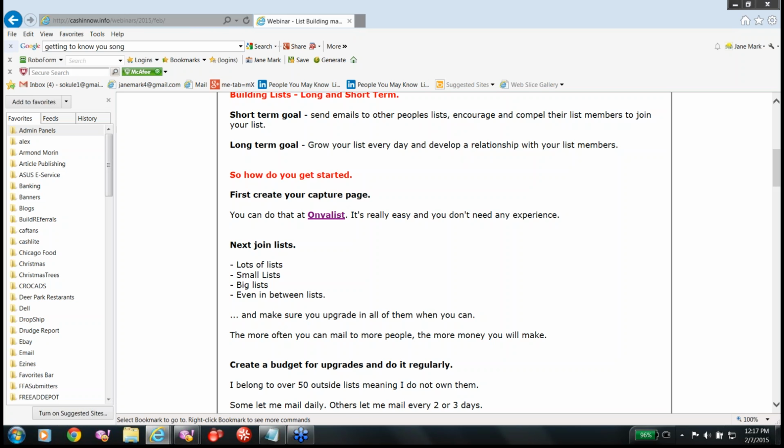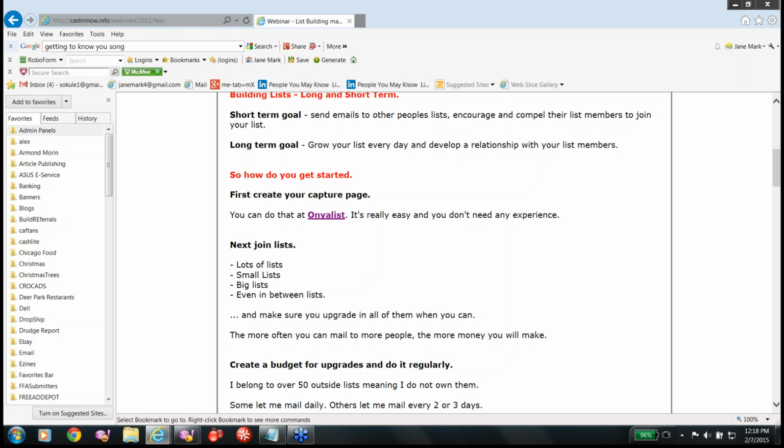If you want to join them free, that's fine. But when you find one you like, you need to upgrade in them. Because even when you're upgraded, mostly you mail to 3,000 members at a time. I know that may sound like a lot of members to you. It is nothing. That is a really tiny mailing. Maybe if you have a good capture page, maybe if you're mailing to 3,000 people, maybe you'll get one signup. Maybe. So you need a lot of different kinds of lists to be members of, and you need to